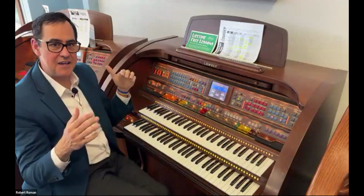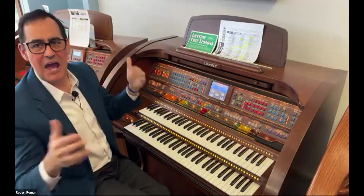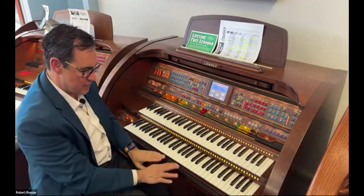So you can put the tempo high, but play slow. You don't have to try to play at the speed. So many cool features. Now, another one,